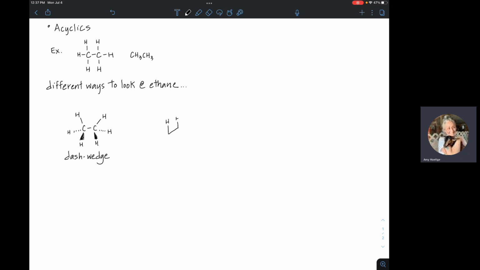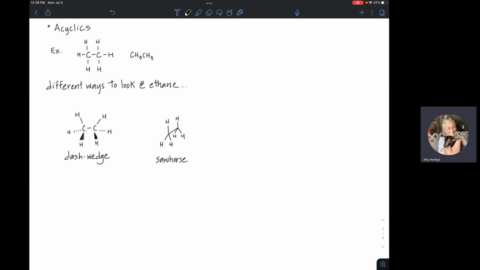Now again, if you have your model kit and you're building this molecule, this is where you would be staring down the carbon-carbon double bond, and all of the hydrogens would be eclipsing each other. So you wouldn't be able to see the hydrogens in the back because the hydrogens in the front are going to be in their way. That's just sort of how we're looking at this right now. Again, you can rotate around the carbon-carbon single bond, and you can change that orientation to spread out those hydrogens so that you can see them all, right? But this would be our sawhorse